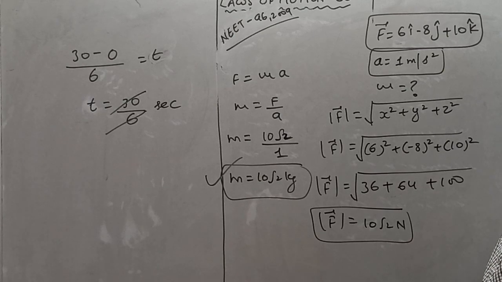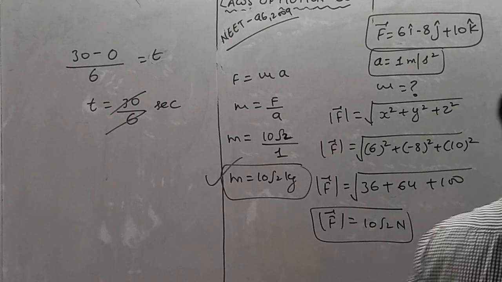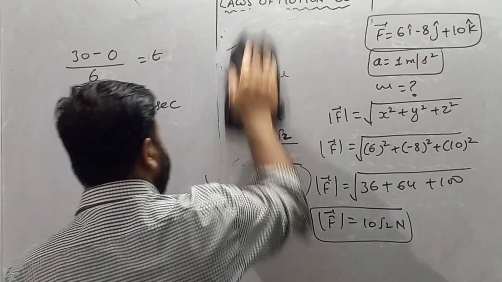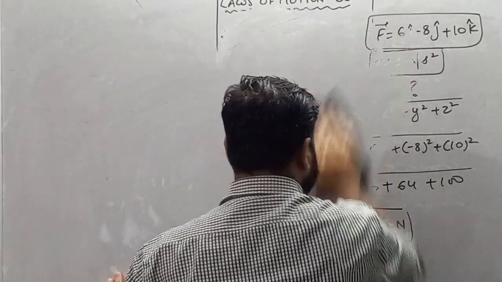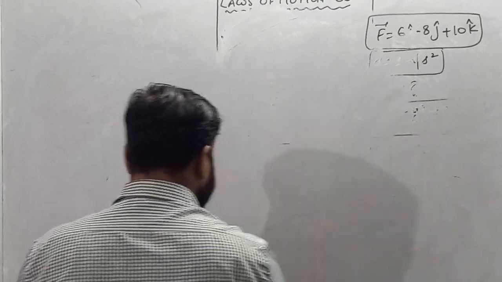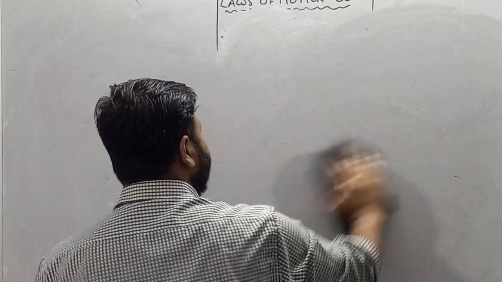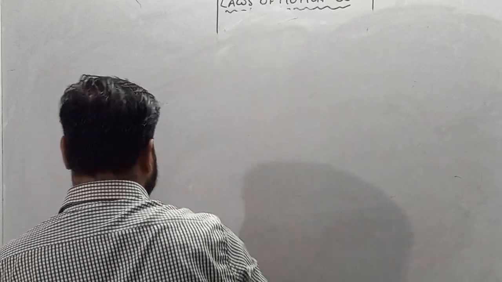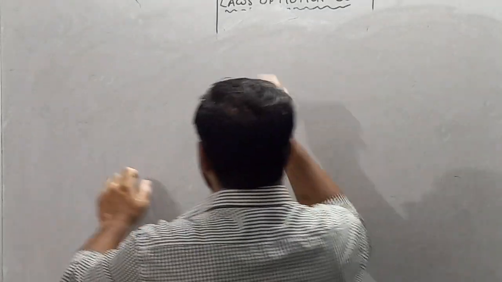Moving forward, my dear student, write down next question. An object of mass 3 kg. This question was asked in NEET 2002. Very easy question. Try to solve the questions on your own. If you get a hint after writing the statement, then pause the video and solve the question on your own.